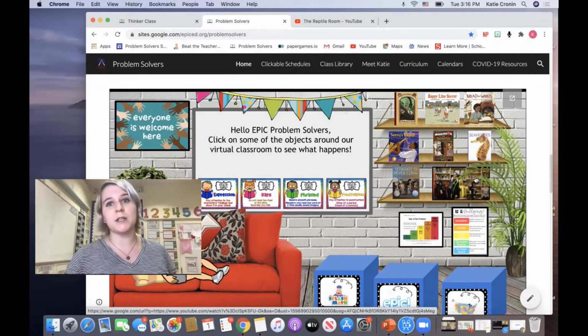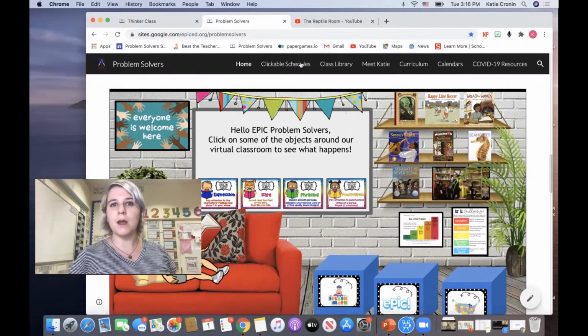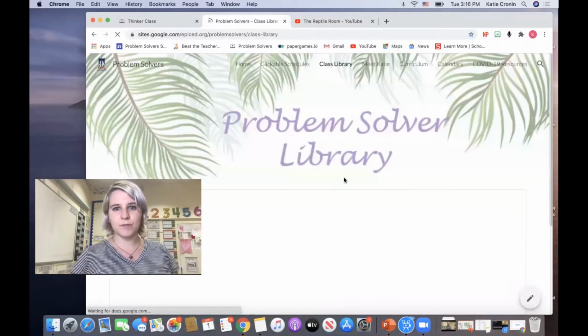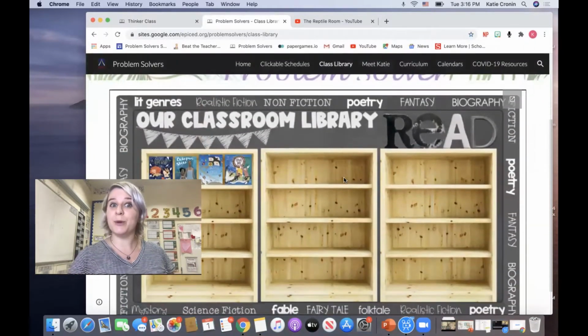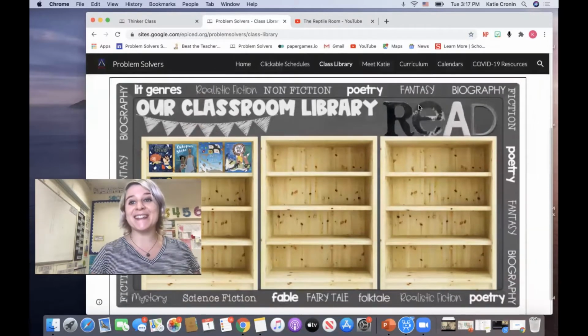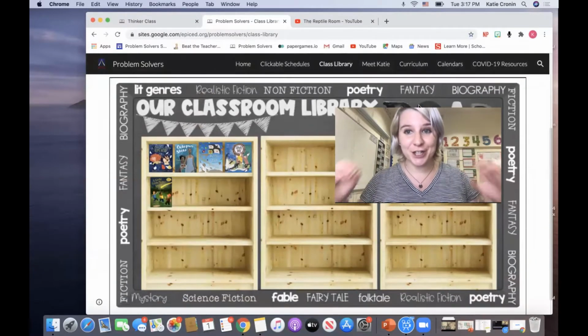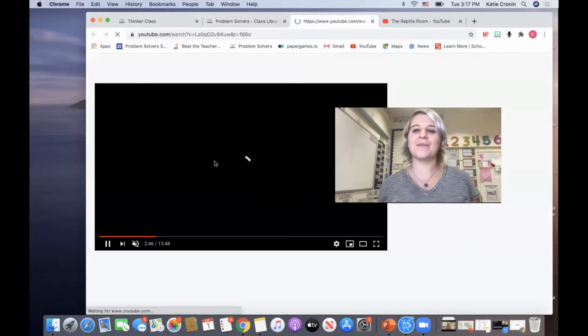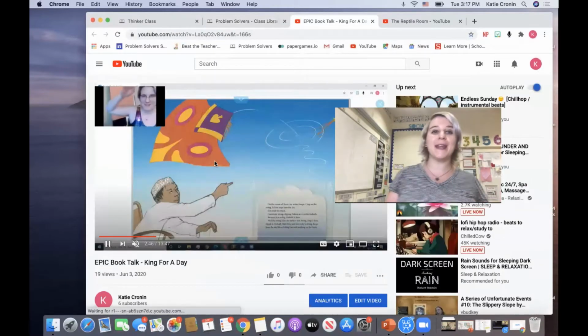There's another option. If you come up to the navigation bar here up top, you will see where it says class library. Go ahead and click on that. And this looks pretty empty now, but throughout the year, it is going to get nice and full with additional read alouds. And it's the same deal. All you gotta do is click on it, boop, and it brings you right to a video of me reading